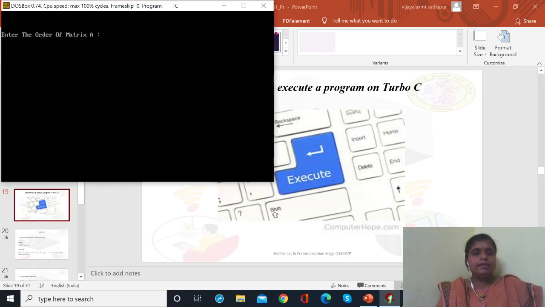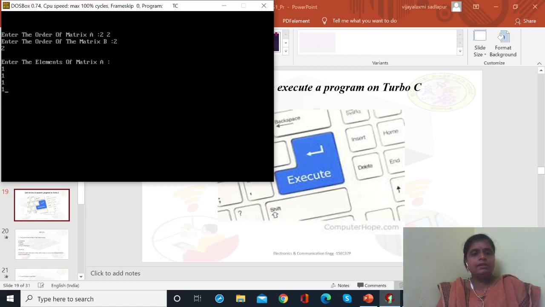So here it's asking to enter the order of matrix A. Now let me take a simple order to understand the program easily. I'll take a 2 by 2 matrix for A, and for B also I'll take a 2 by 2 matrix. Now enter the elements. I'll just enter 1, 1, 1 and 1.